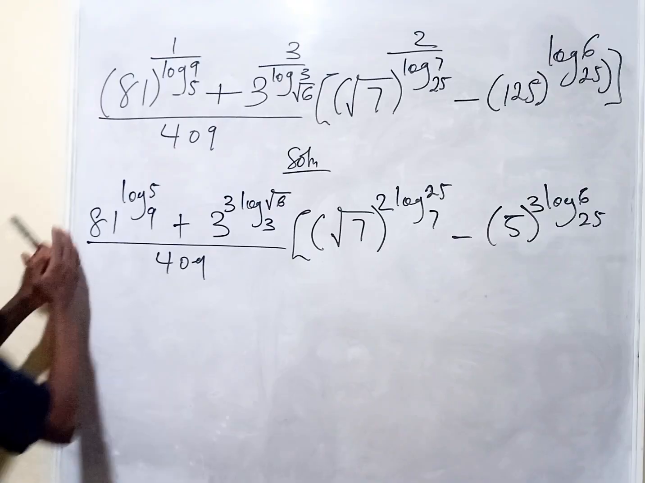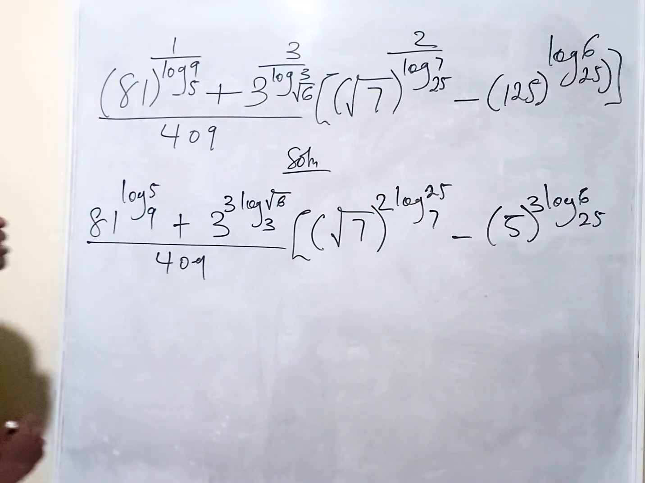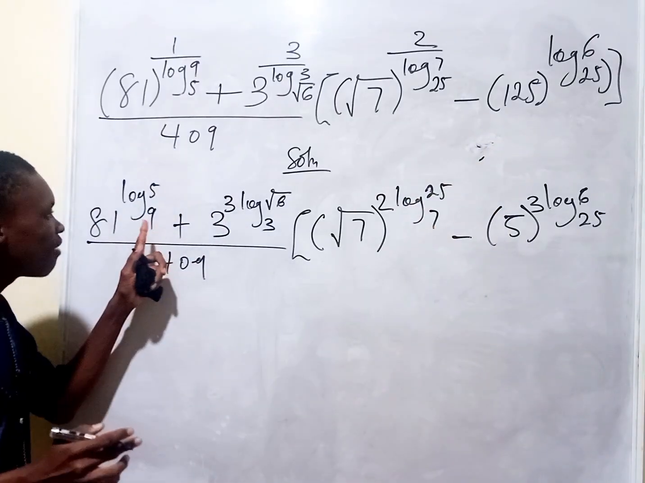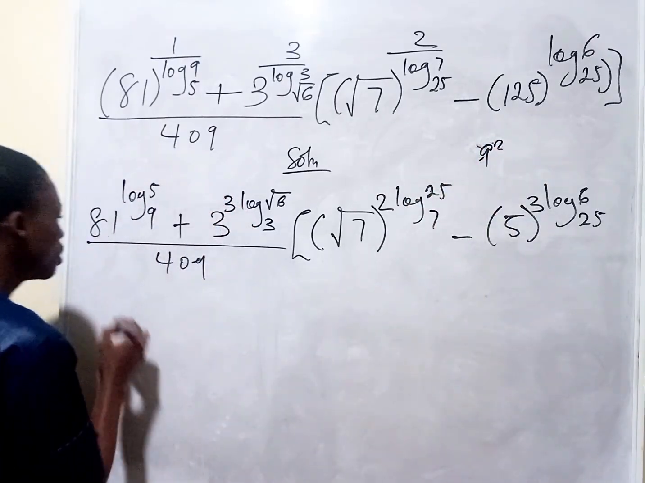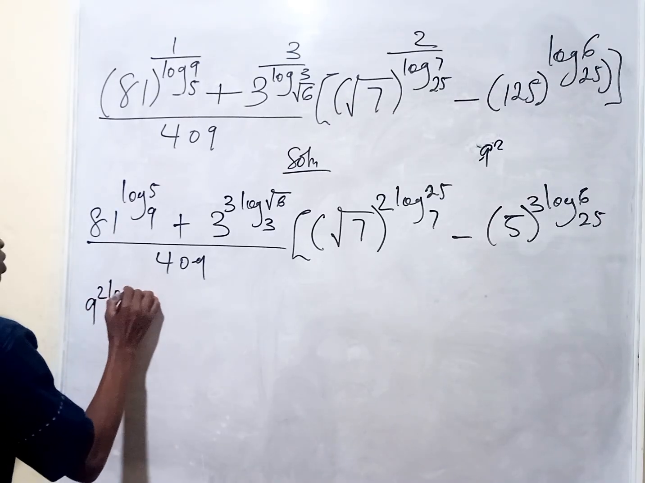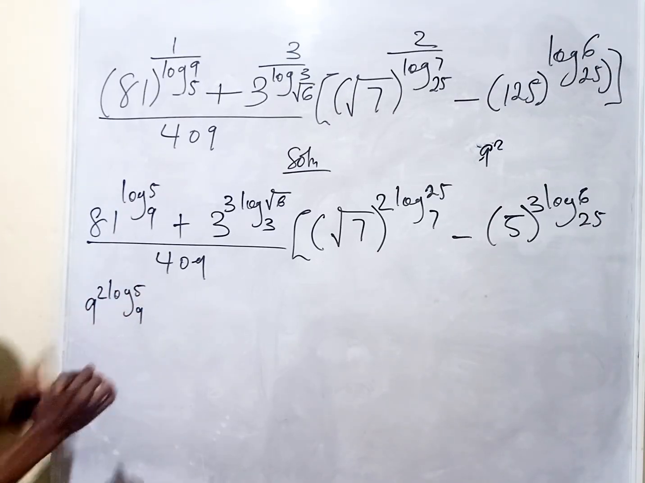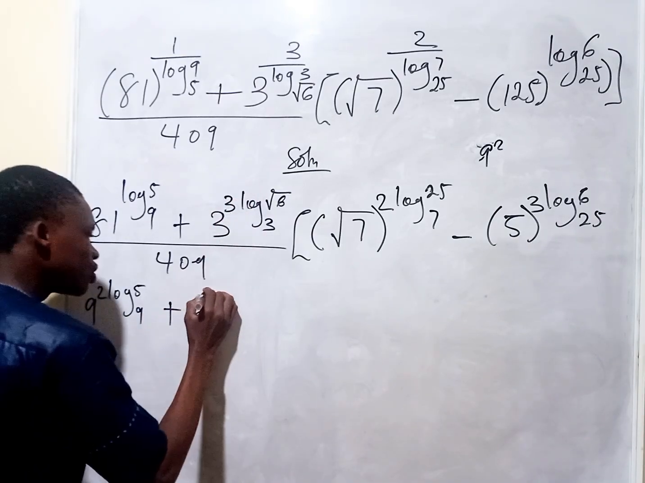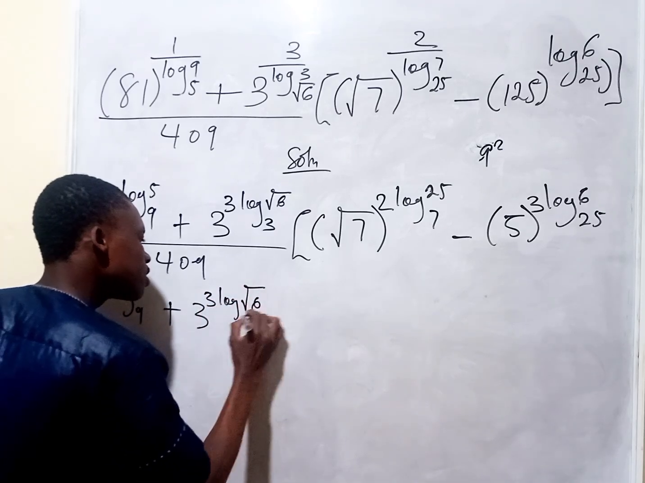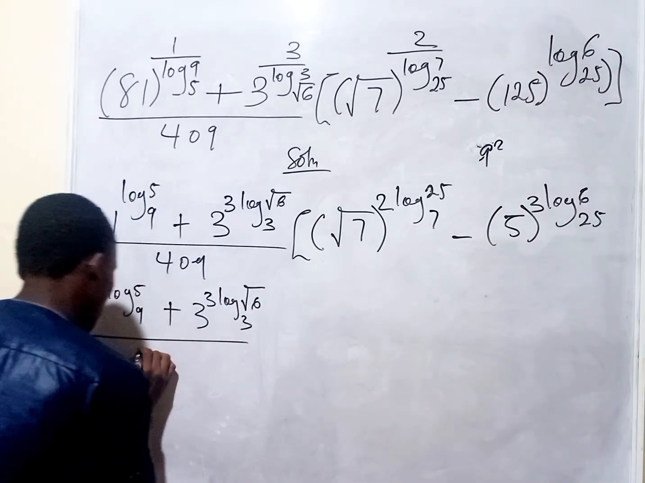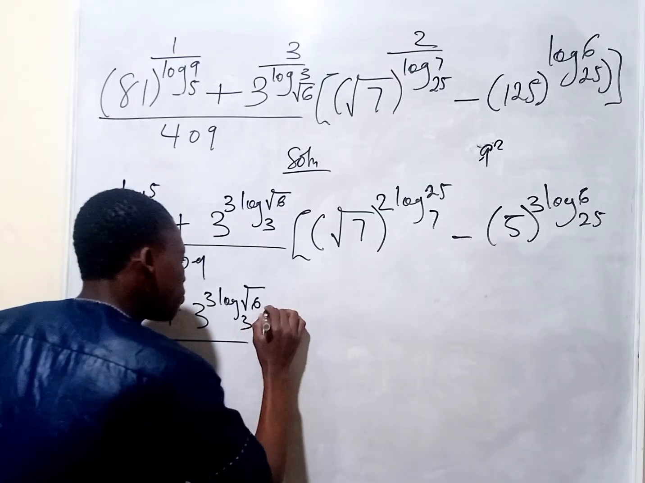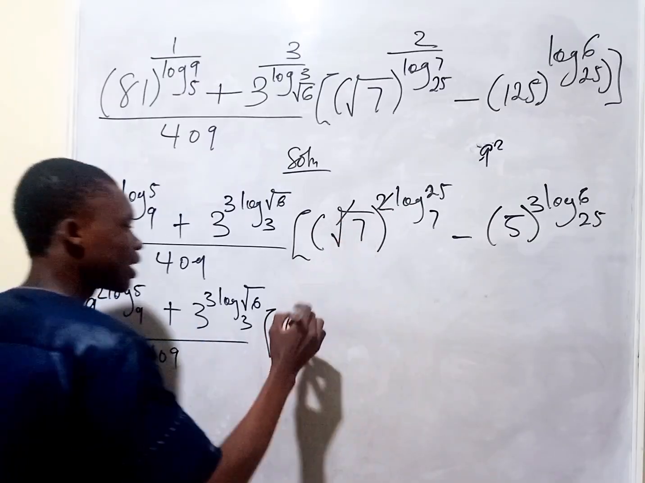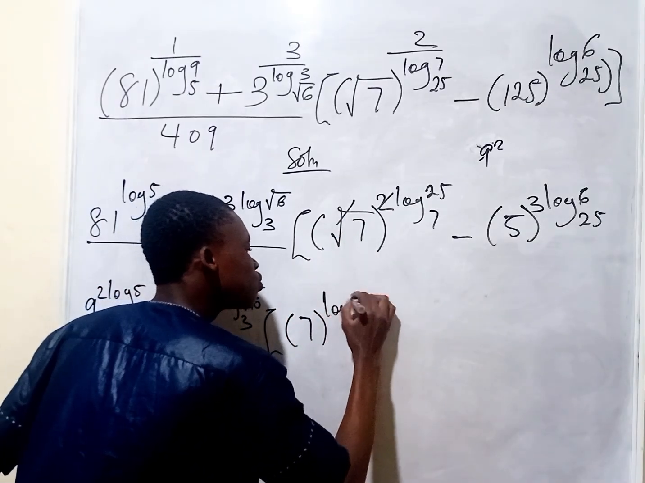Now the next step is to simplify again. If we simplify this, we know that 3 raised to the power of 4 is 81, but we are going to use 9 because we have base 9 here. So we say 9 to the power 2. From here we can say this is 9 to the power 2 log 5 base 9 plus 3 log square root of 6 base 3. Now everything here is divided by 409. Putting this together, we find out that this square can cancel out this square root, and this is just 7 log 25 base 7